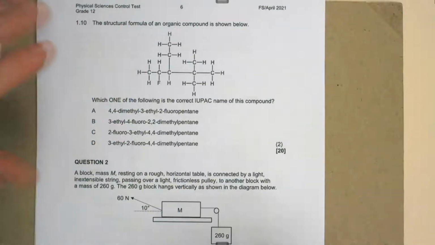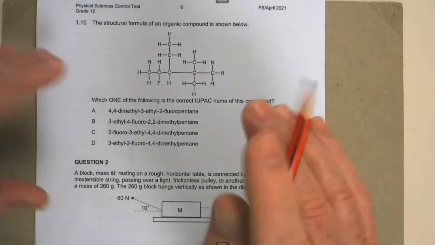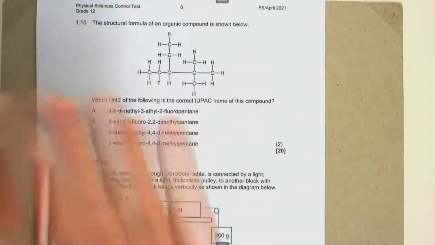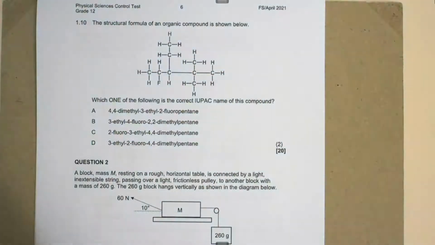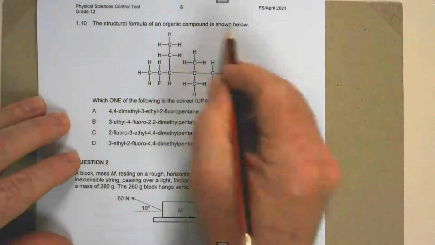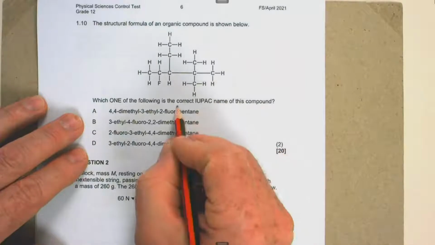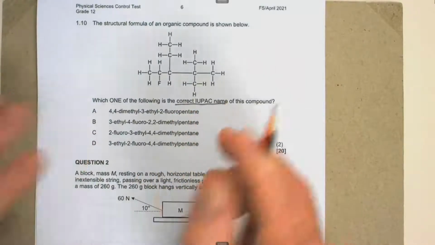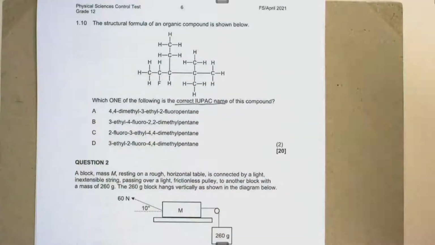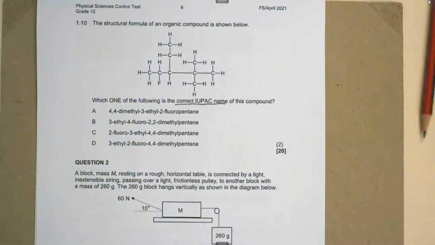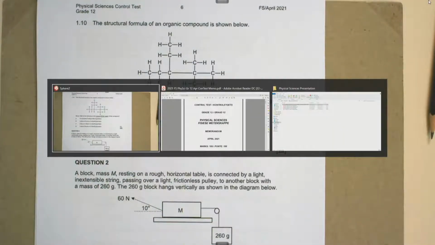I'll keep an eye on the image on this side. And if you find it difficult, we can change to another paper where it is a little bit bigger. Right. There's your organic structure, and they want to know the correct IUPAC name. Now, learners, there's something very important here. I hope you have